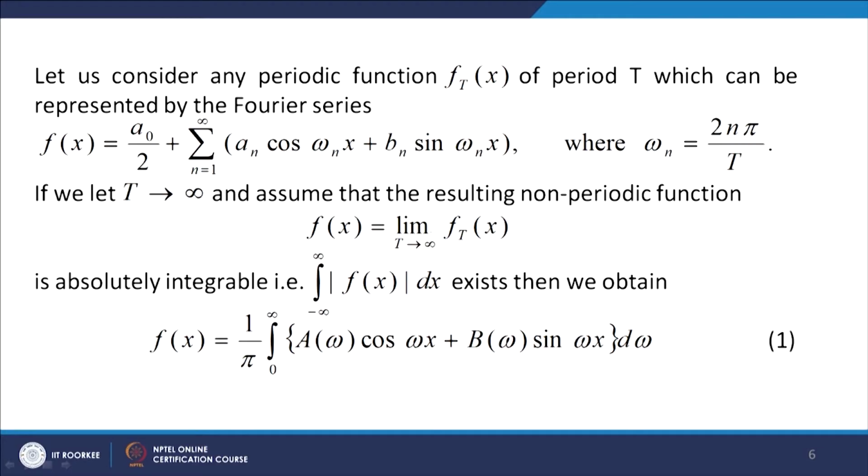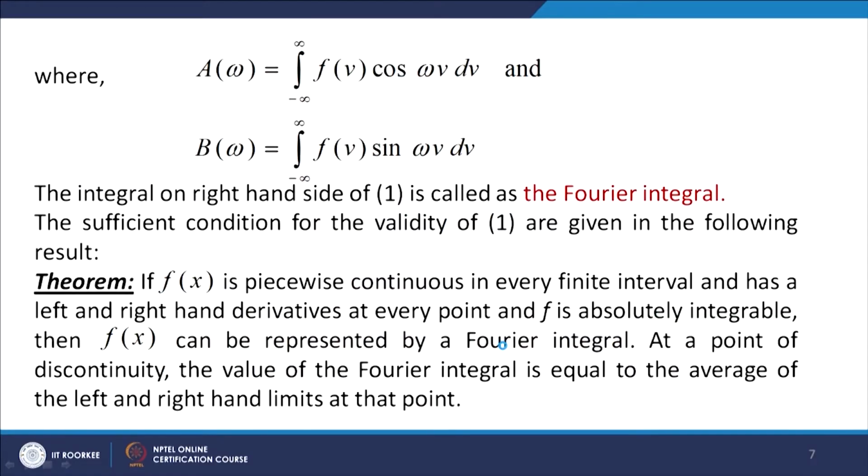We further assume that this limiting function f(x) is absolutely integrable, that is, the integral over minus infinity to infinity of mod f(x) dx exists. Then this Fourier series, by using the values of the Fourier coefficients a naught, a n and b n in terms of the integrals and taking the limit, gives us f(x) as the integral (1/pi) times the integral from 0 to infinity of [a(omega) cos omega x plus b(omega) sin omega x] d omega, where a(omega) and b(omega) are given by